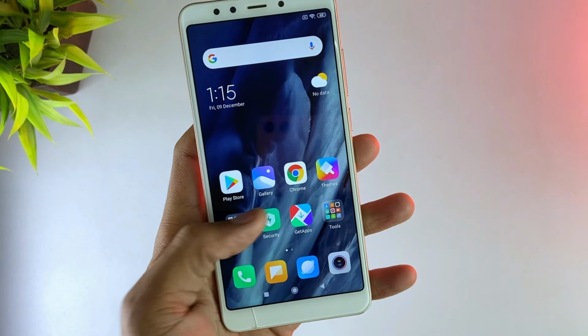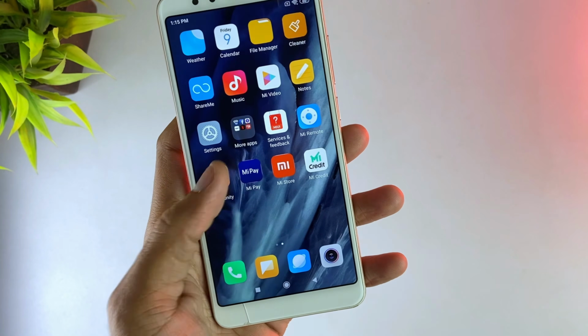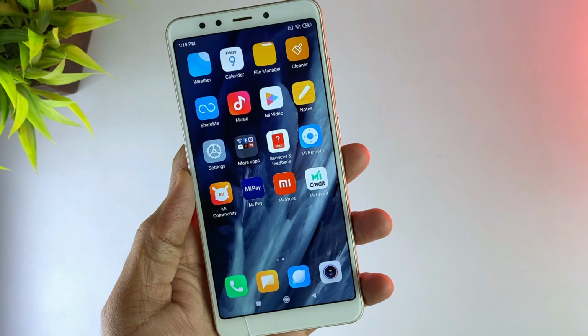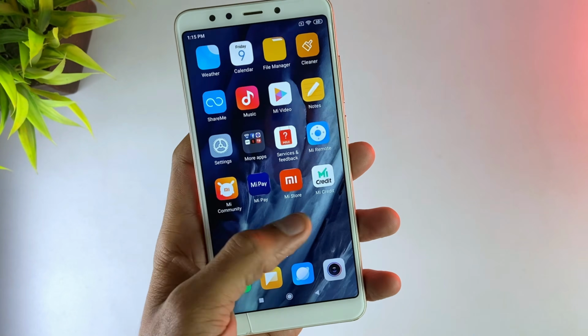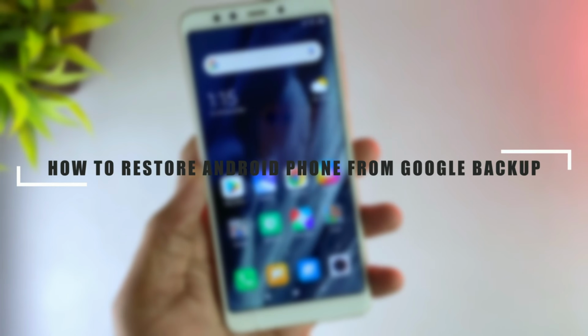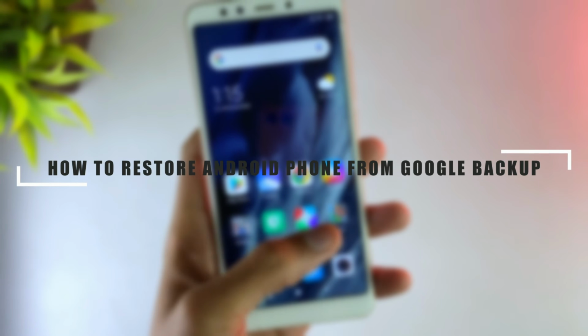Hello everyone, in this video you might sometimes lose your precious data while updating the device or when you mistakenly reset the device. So in this video I'll discuss how you can restore your Android device from Google Backup